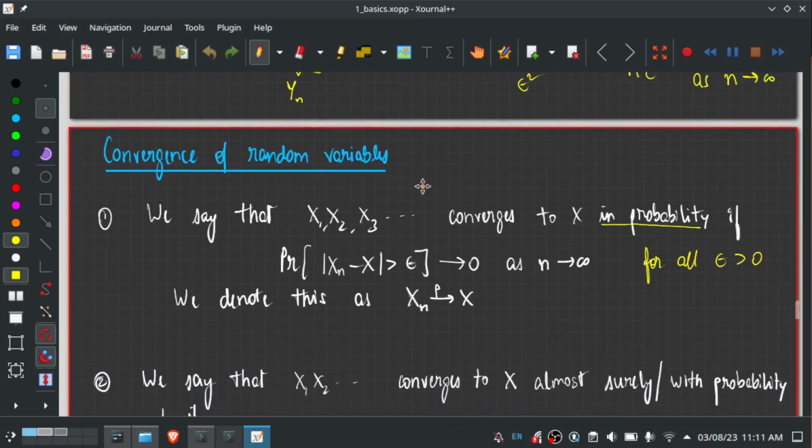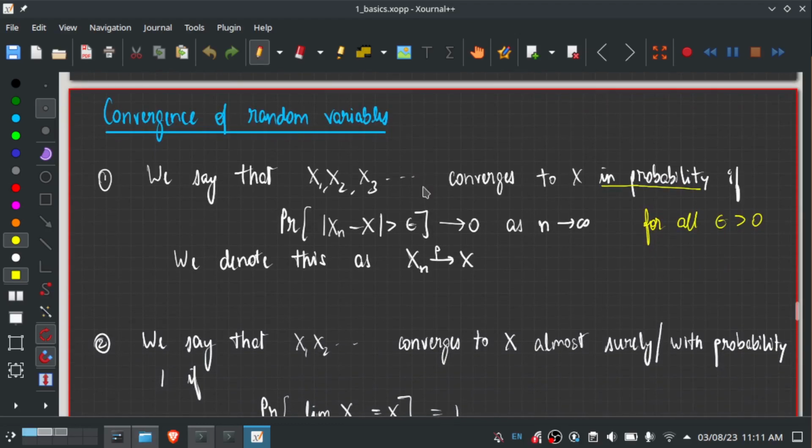Now, since we're talking about sequences of random variables, it also makes sense to think about convergence of sequences of random variables. You're all familiar with the concept of convergence of sequences of real numbers. But when it comes to sequences of random variables, there's no one definition of convergence. You can have multiple definitions because a sequence of random variables can converge in different ways. Remember that a random variable is not a real number.